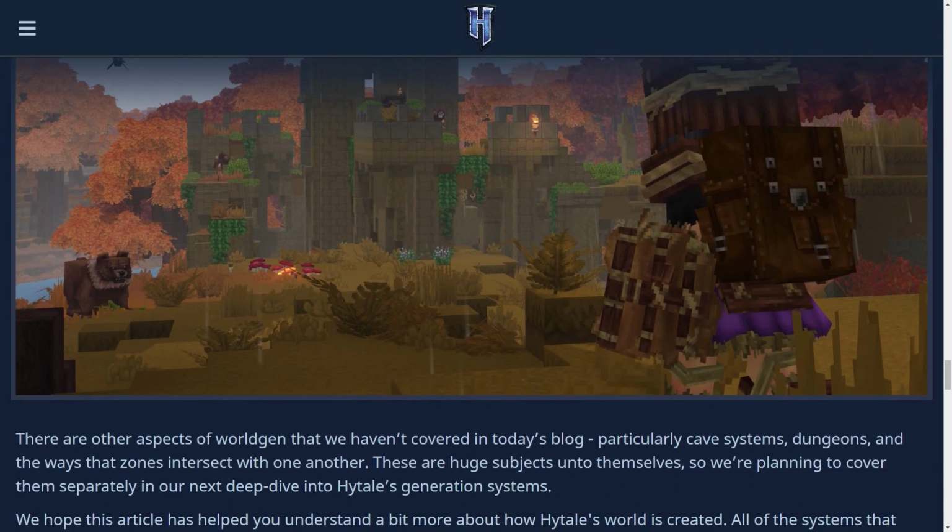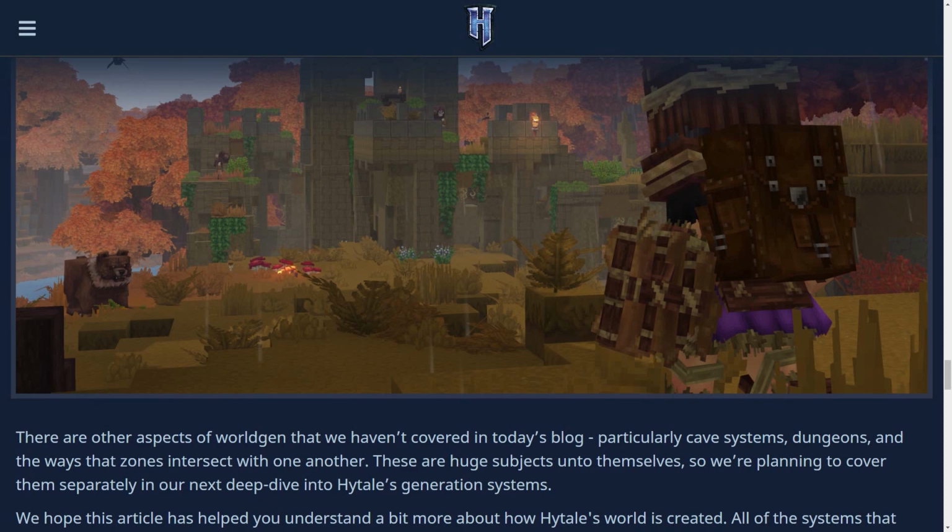There are other aspects of World Gen that we haven't covered in today's blog, particularly cave systems, dungeons, and the ways that zones intersect with one another. These are huge subjects unto themselves, so we're planning to cover them separately in our next deep dive into Hytale's generation systems. Keep in mind, it says our next deep dive, not our next blog post, so it might not be the next blog post that they talk about the caves and the systems and dungeons and things like that in more detail. But the next time they decide to talk about Hytale's generation, this is what they're going to